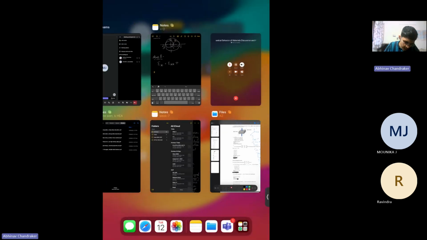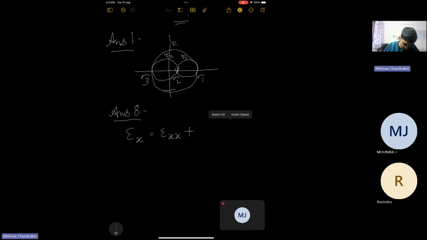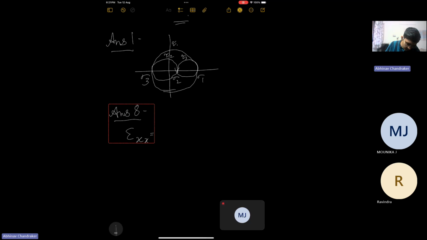We have to calculate strain. So yeah, I was confused a bit. So we know epsilon xx, which we need, will be equal to sigma xx by E, and also the contribution due to Poisson's effect. So plus sigma yy